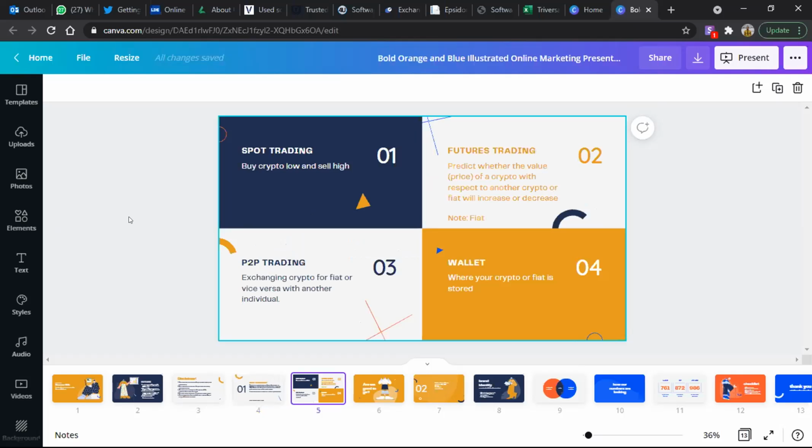Secondly, there are 4 terminologies I think you need to take note of throughout this training. Number 1 is spot trading. You hear spot trading most of the time, especially while you use Binance. What is spot trading? Spot trading is basically buying crypto low and selling high. Okay, buying crypto and holding and selling high. That's basically what it is. You buy because you see it's at a certain price and you anticipate it to go up, and then you sell when it gets to a certain price. That's spot trading. Nothing too difficult.